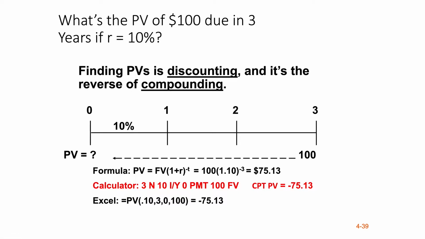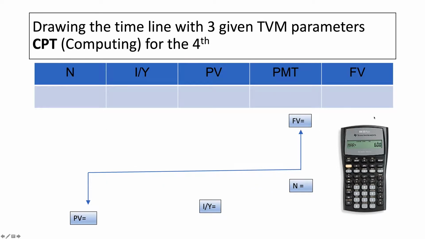You want to know what is the present value of 100 due in 3 years if the interest rate is 10%. So you basically discount the cash flow here to today. What is the timeline we have here? Future value is 100, year is 3, interest rate 10. You want to know what the present value is, given those 3, solving for present value, and the present value is